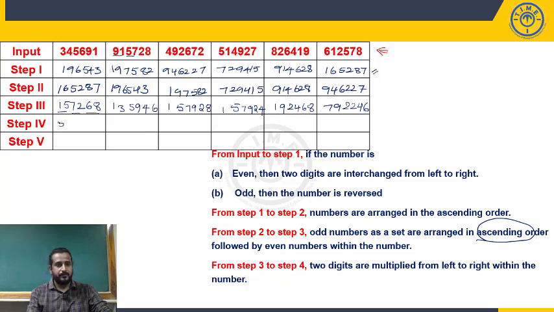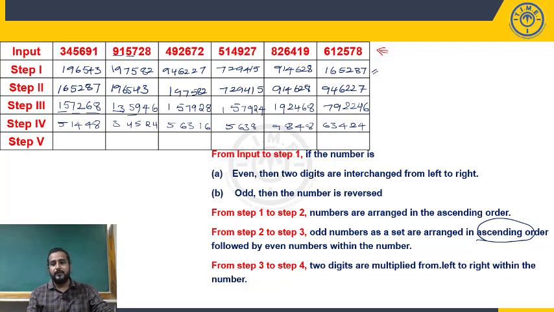1, 5 is a 5, 7, 2 is a 14, 6, 8 is a 48. 1, 3 is a 3, 5, 9 is a 45, 4, 6 is a 24. 1, 5 is a 5, 7, 9 is a 63, 2, 8 is a 16. 1, 5 is a 5, 7, 9 is a 63, 2, 4 is a 8. 1, 9 is a 9, 2, 4 is a 8, 6, 8 is a 48. 7, 9 is a 63, 2, 2 is a 4, 4, 6 is a 24.